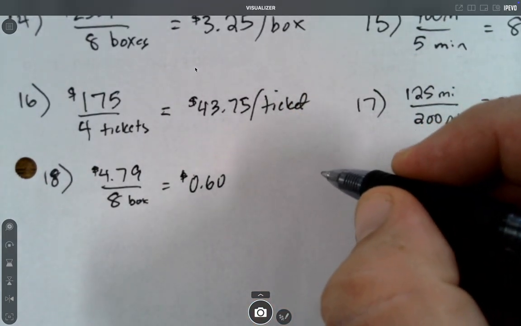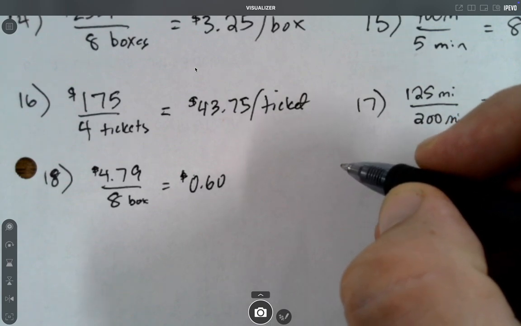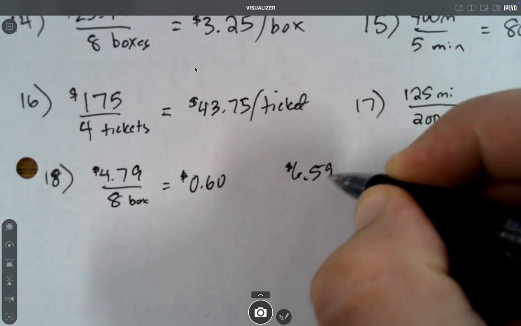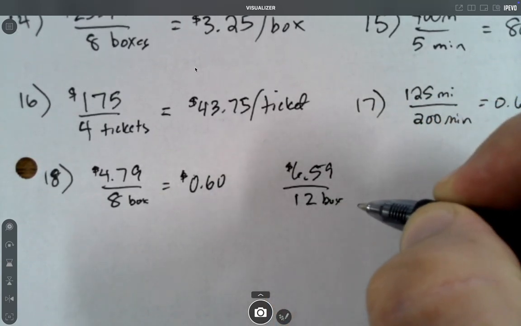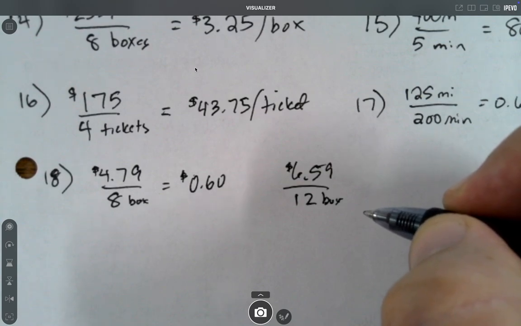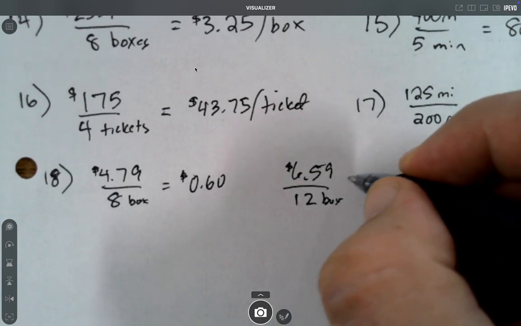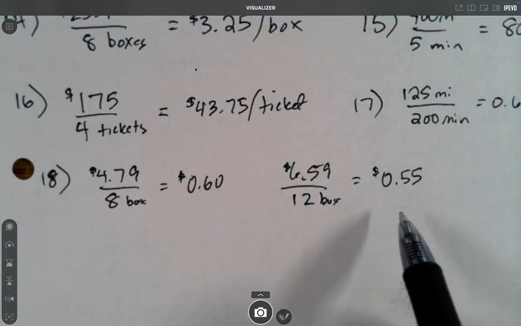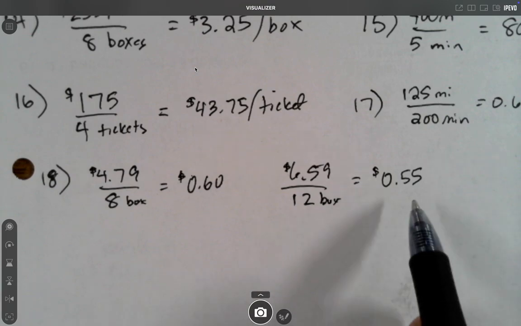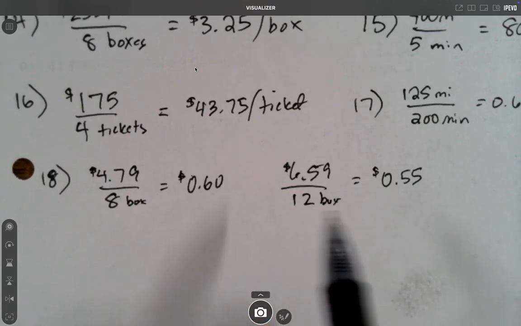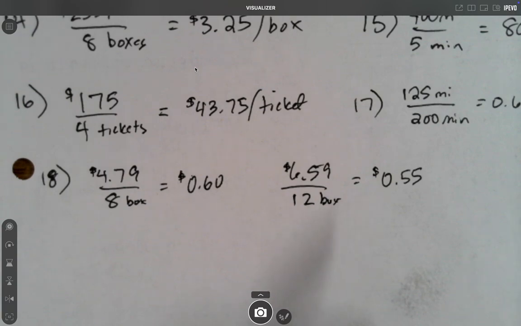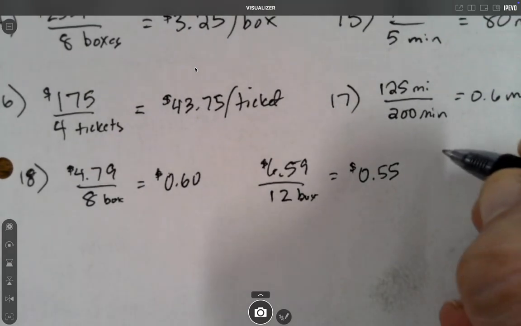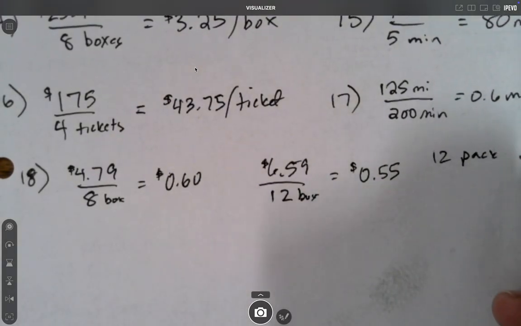Now we need to compare that to the other one, which is a 12-pack for $6.59. So $6.59 divided by 12, and that rounds to 55 cents. So it is a better deal to get the 12-pack because that's only 55 cents per pack instead of 60 cents per pack. And as far as explaining what's the better buy, that's all you need to say, that the 12-pack is a better buy